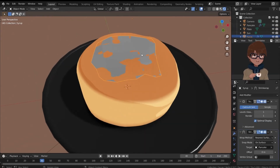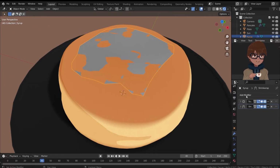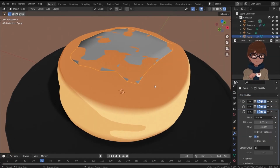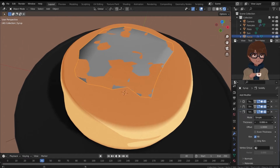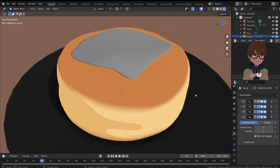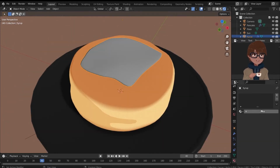What I'm gonna do is to shade smooth, of course, and then I'm going to add a solidify modifier, and then I'm going to increase the thickness a little bit, just like that. And then I will add another subdivision surface onto this, and also 1. Okay, this is how the syrup looks like right now. So I'm going to give it a material,